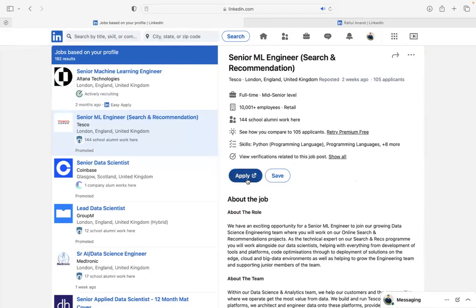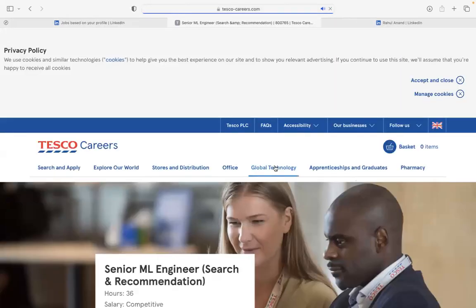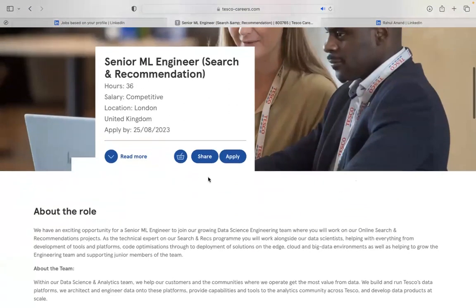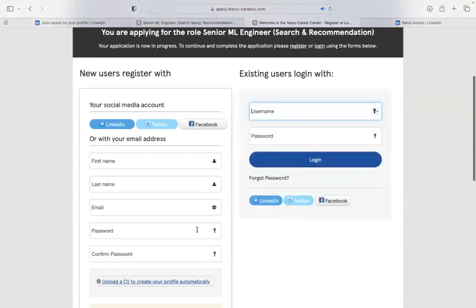And if you want to apply, basically you have to go to their company section, and then you will see that there's an option of apply, and then you can fill in some information. You can put your username or ID, or if you want to